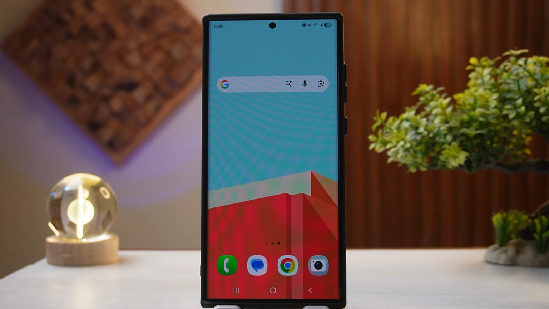Today's video is going to be about how to download Google Meet on Android in 2026. Google Meet should come pre-installed on most Android devices. If it is not pre-installed, then first of all, you must ensure that you're connected to a Wi-Fi or a